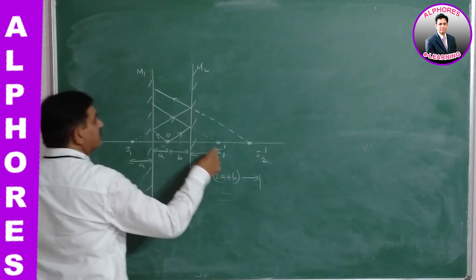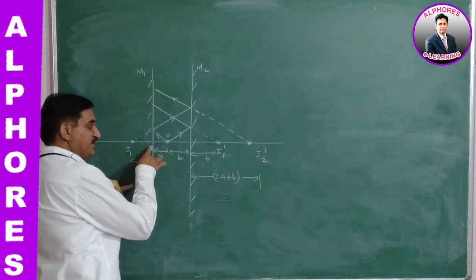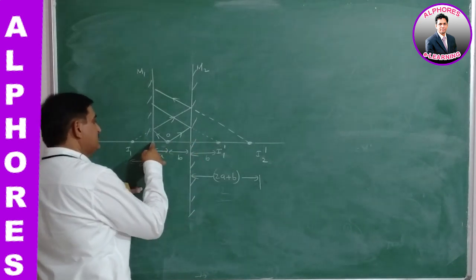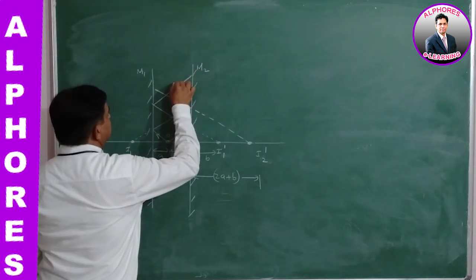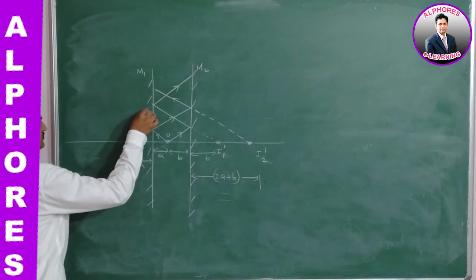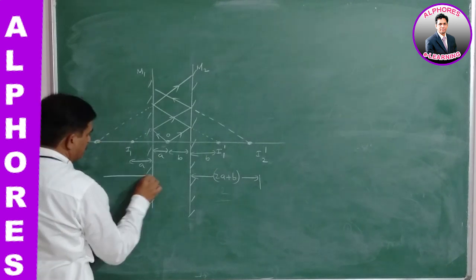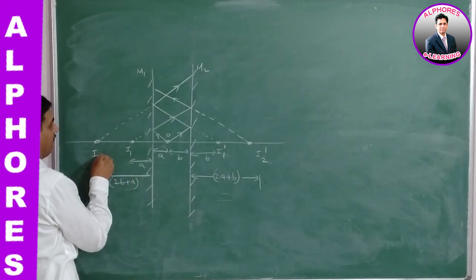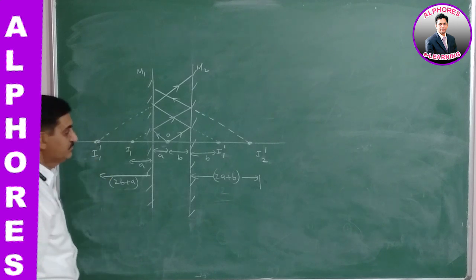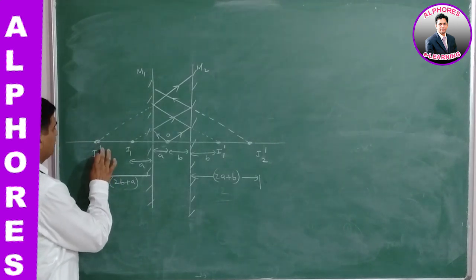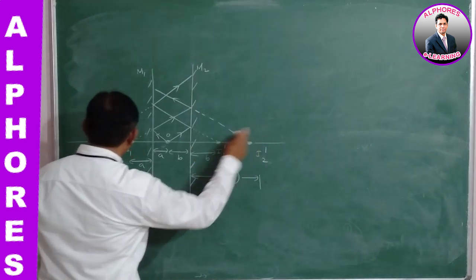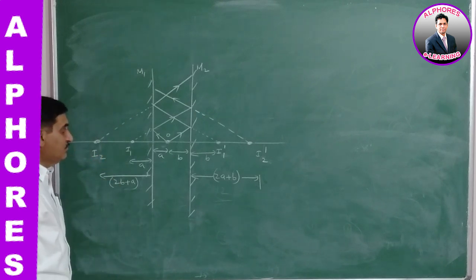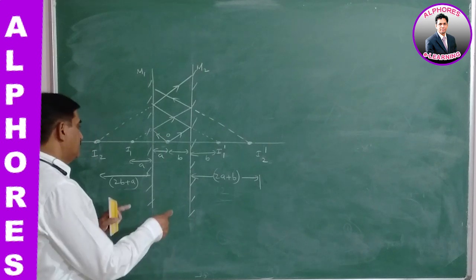Now next image. This image serves as an object to the first mirror. Therefore B and A plus B, total 2B plus A. So again the image is formed by this first mirror at a distance of 2B plus A. This is I2 dash. I1 dash, I2 dash, I1, I2. Enough. Right? Now let us find the distance between the first order images.